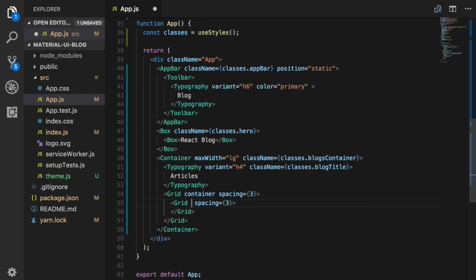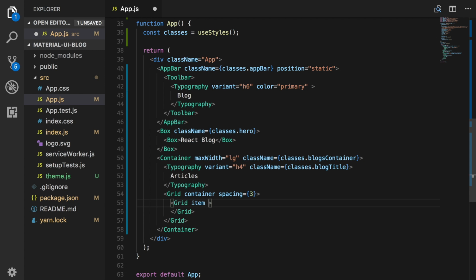And now here, so we have the grid container, so now we're going to have the grid item. So we'll change that to grid item. And then we can, let's see, remove this. And now we're going to add some properties to make sure that they are styled or they collapse appropriately depending